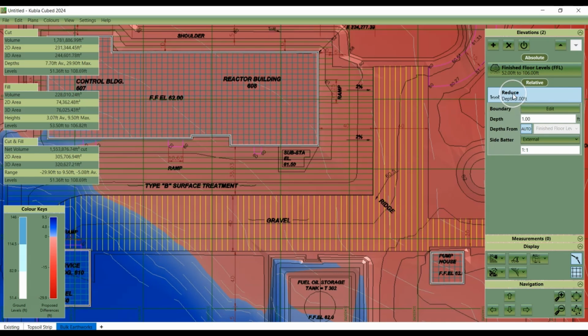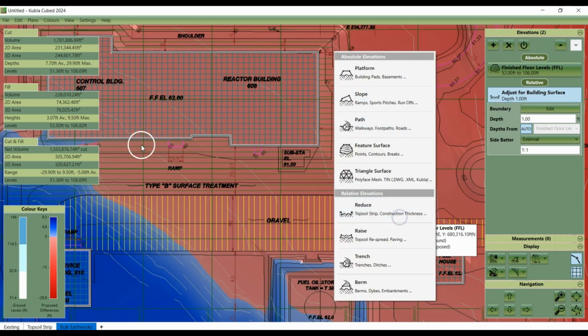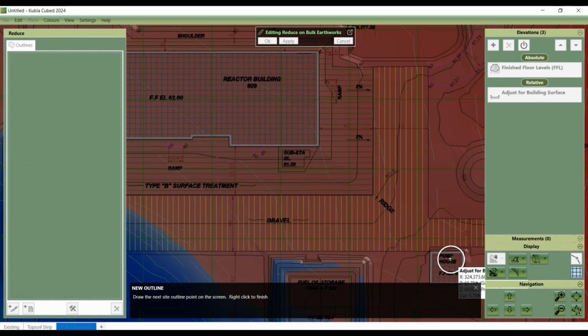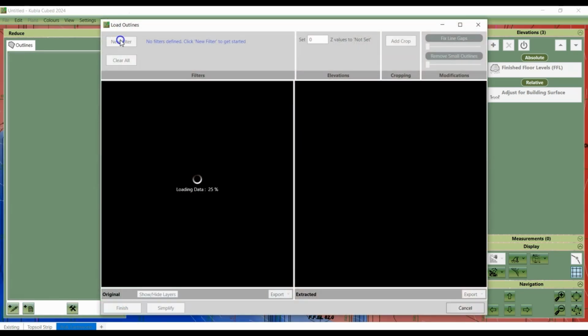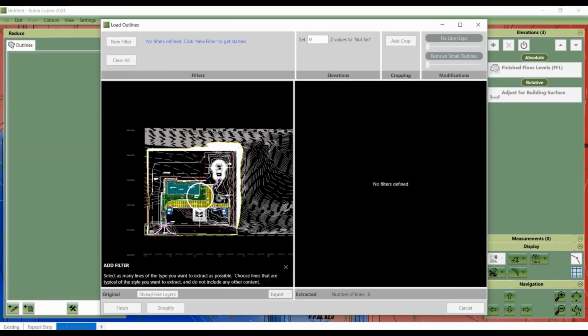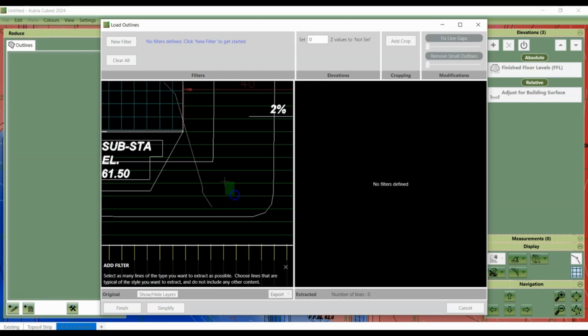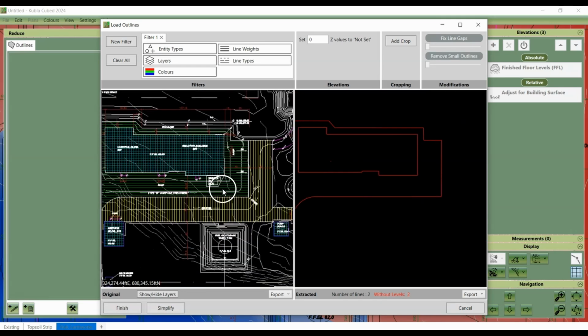So this one we can rename to adjust for building surface. And then add another one. Click escape. There we are.